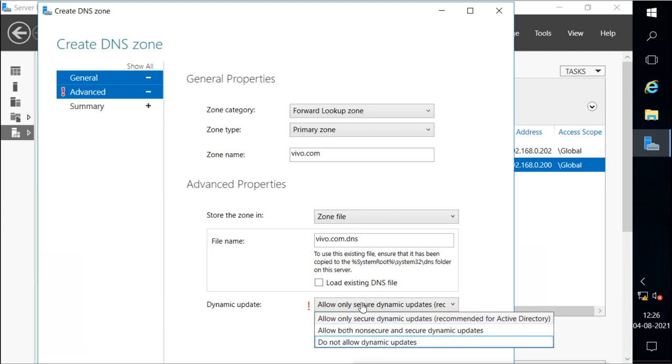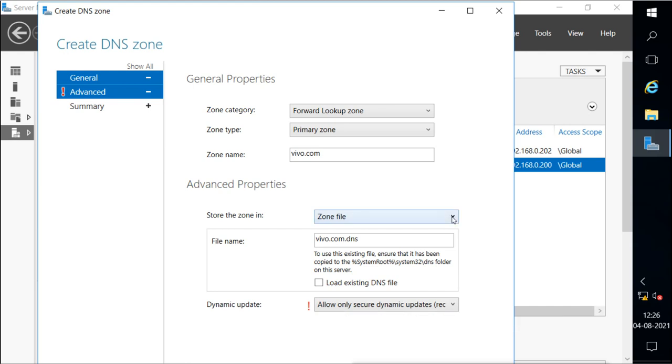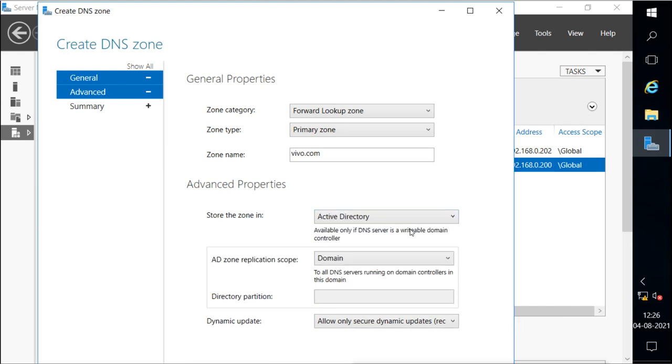And if we select to create the Active Directory integrated zone, then we can select to have secure dynamic update. Now here it asks which replication scope you want: domain, forest, legacy or custom.